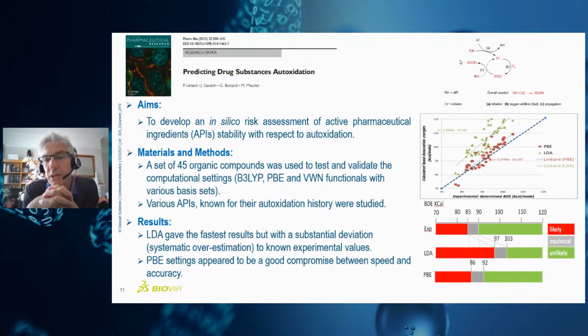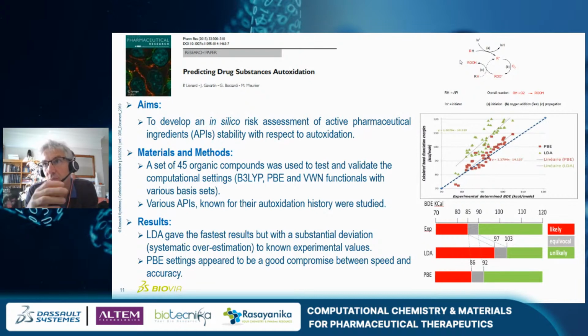So what we did is take a series of known compounds for which experimental data was known, and then we computed the hydrogen abstraction, that is the molecule H and the molecule without the extra hydrogen, and calculated the energy difference using quantum mechanics, here using density functional theory. And we've done that with various different settings because there is a trade-off between the length of the computational calculation and the accuracy that you want.